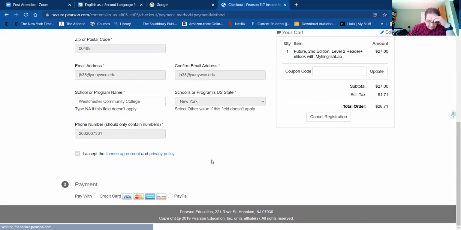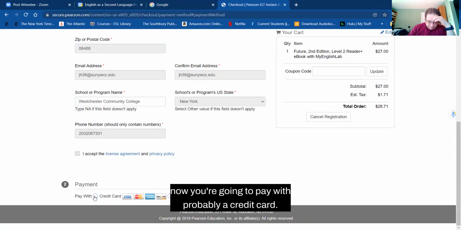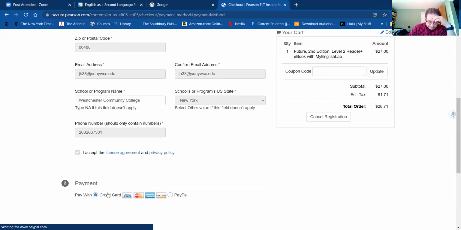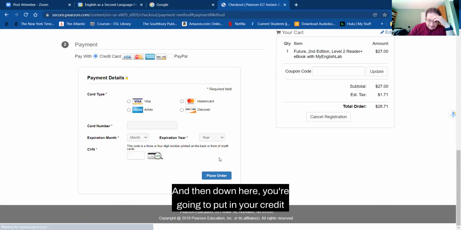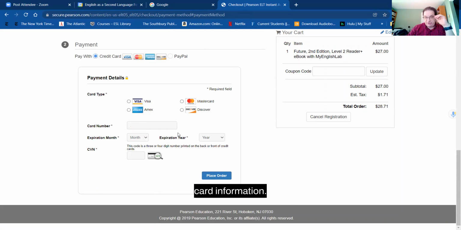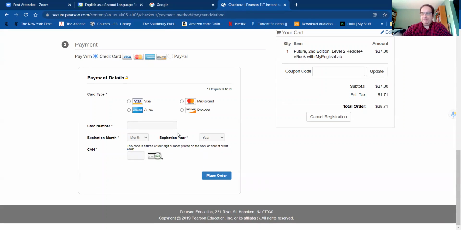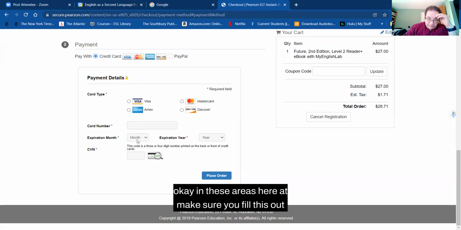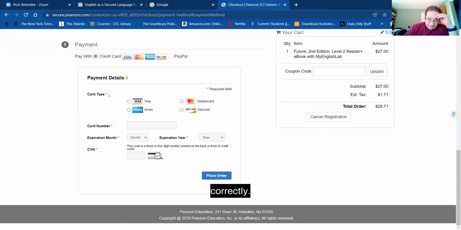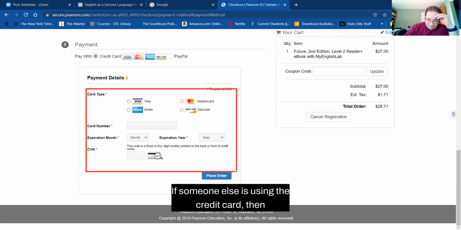Now you're going to pay with probably a credit card. And then down here, you're going to put in your credit card information. I am not going to put my credit card information in. You will put your credit card information in. In these areas here, make sure you fill this out correctly. If someone else is using the credit card, then